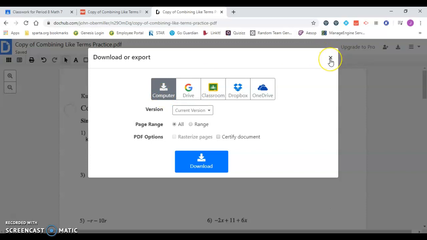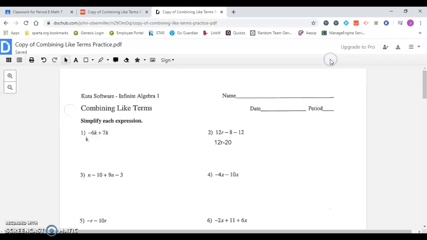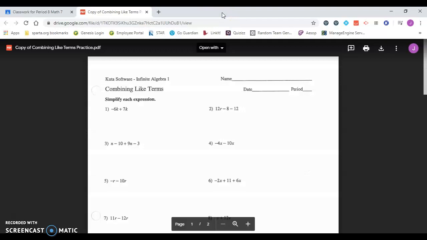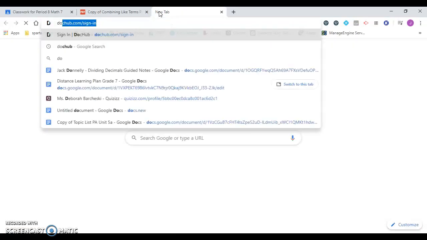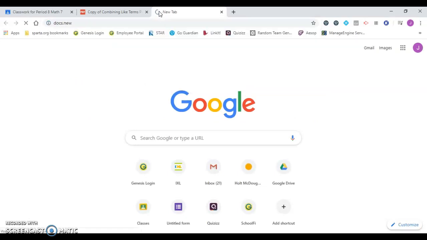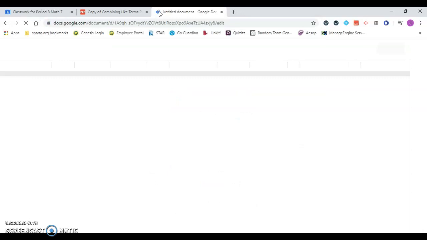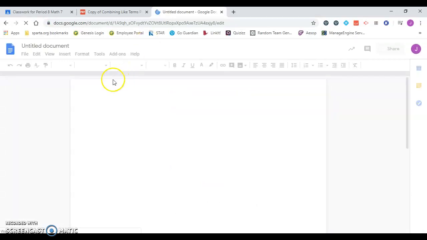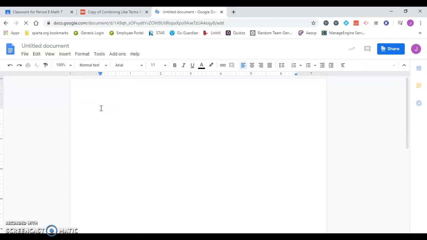Okay, finally, the last way, another little bit lower tech way of doing things, kind of medium tech we'll call it, is we're not even going to open with DocHub. We're just going to open up a new tab, and you're going to type docs.new. Of course you can just go to Docs, but docs.new will automatically open up a new doc, okay? And once you open up a new doc, now you can say, this was combining like terms,